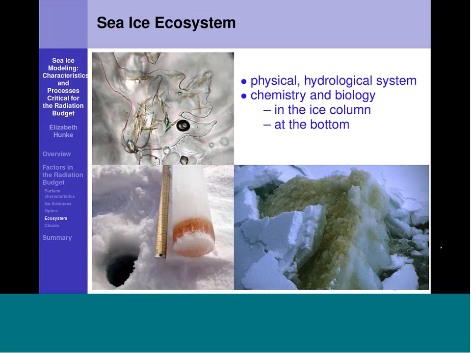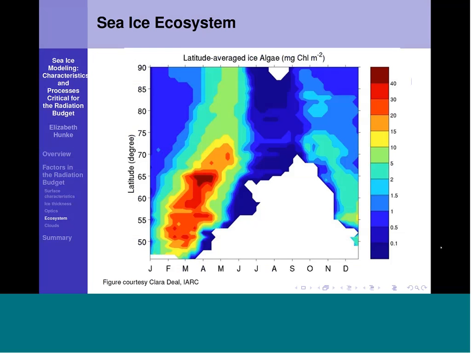A big thrust for climate modeling right now is the biogeochemistry, or ecosystem modeling. It involves a very tight coupling between the sea ice physics and the chemistry and biology that resides inside the brine pockets. As I mentioned earlier, this is driving many of our model development choices for the sea ice model. And I want to show you an example that combines some of the concepts I've mentioned so far. We've been collaborating with researchers at the International Arctic Research Center in Fairbanks to develop an ecosystem model that simulates nitrate, silicate, ammonium, and dimethyl sulfide, or DMS, in the ice, and which is closely coupled to our ocean model and its ecosystem.